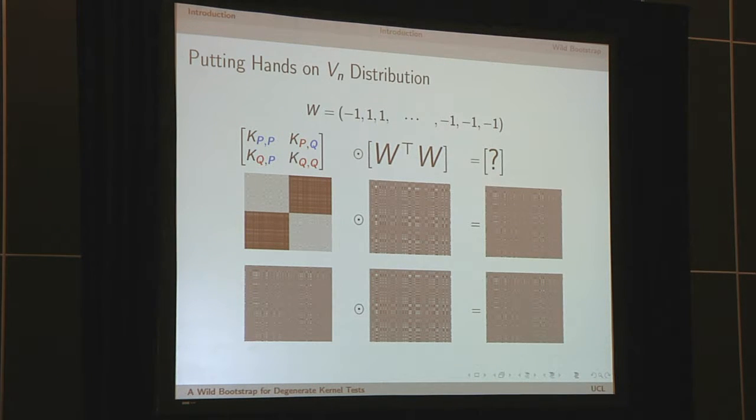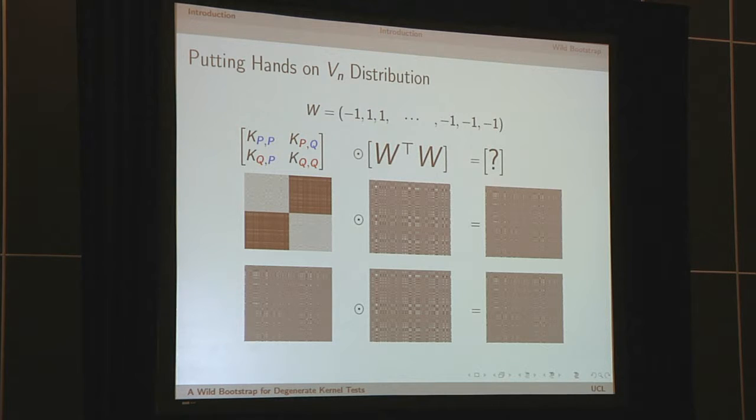Once we've generated the vector W, we generate a bootstrapping matrix that is simply W transpose times W. We take the bootstrapping matrix and multiply it with our Gram matrix, but pointwise. And as a result, we get